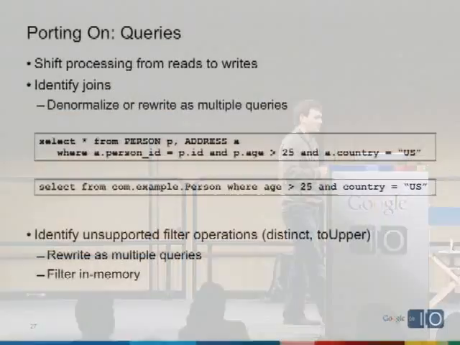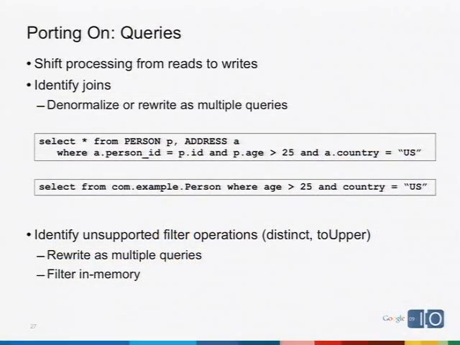For queries, again, you're going to need to analyze your usage. And the general guidance that we give people when they're coming to App Engine from the relational world is to shift processing from your reads to your writes. Right? So we don't support join queries, but denormalization works great. Right? It's another way to get the data you want. So in this particular example,